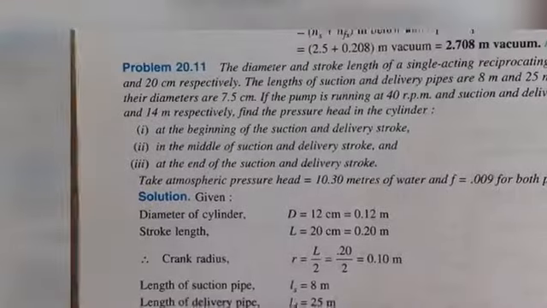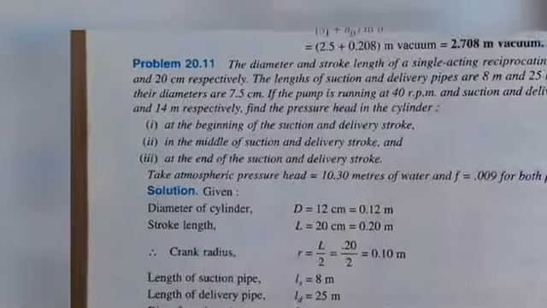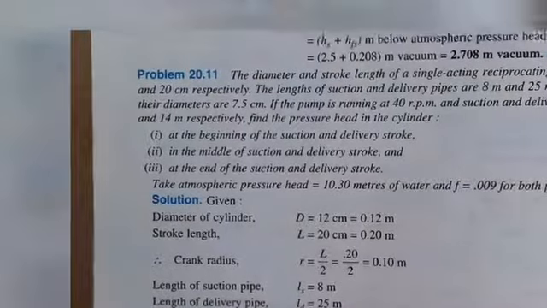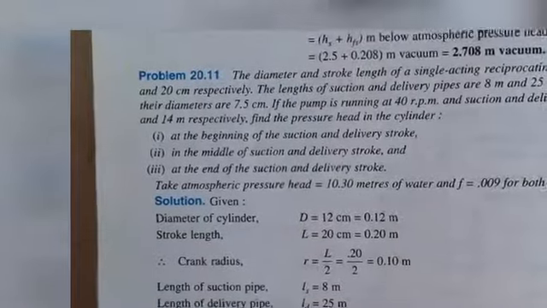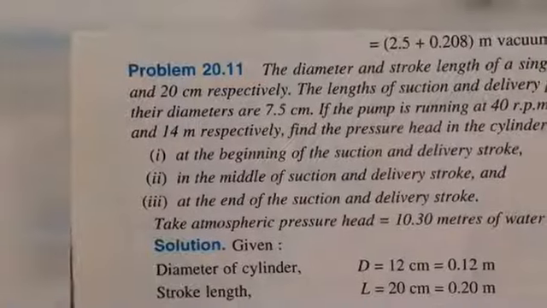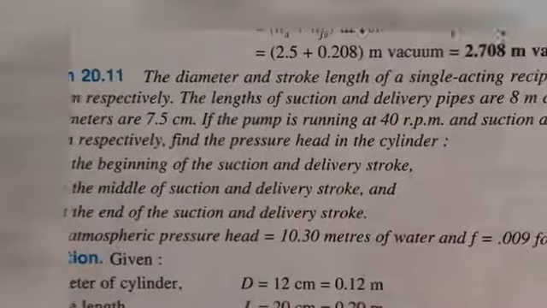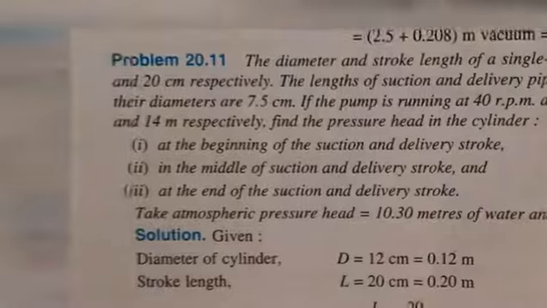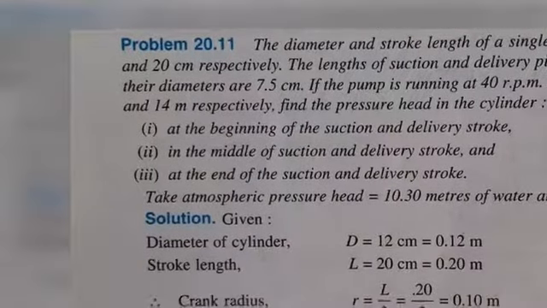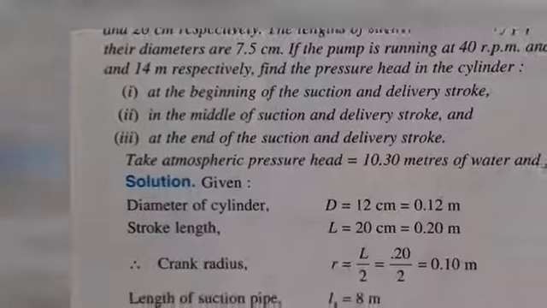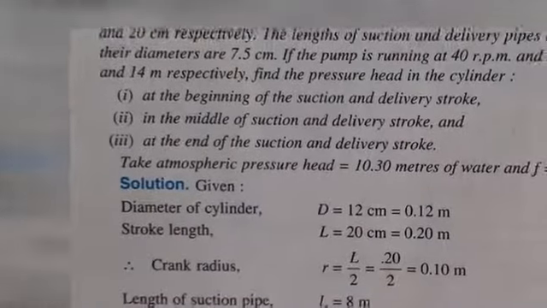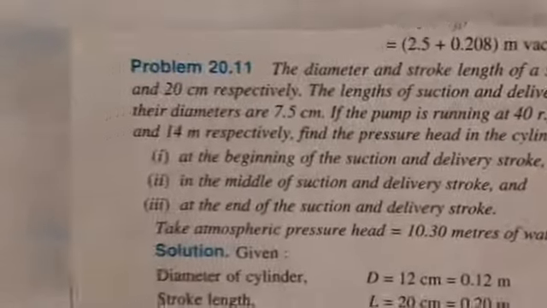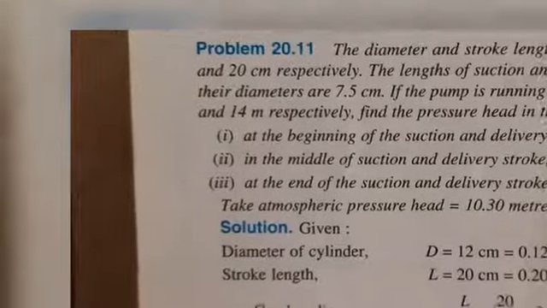Question: The diameter and stroke length of a single acting reciprocating pump are 12 cm and 20 cm respectively. The length of suction and delivery pipes are 8 meter and 25 meter respectively, and their diameters are 7.5 centimeter. If the pump is running at 40 rpm and suction and delivery head are 4 meter and 14 meter respectively,